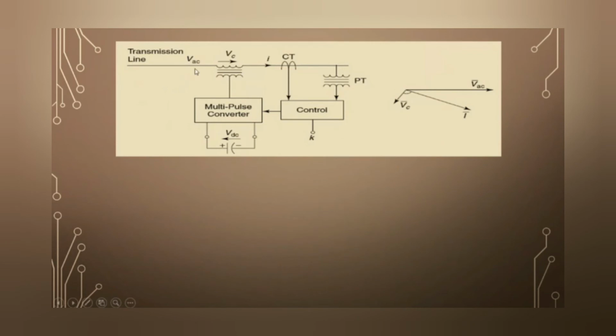So this is the simple control diagram. The TCSC injects the voltage. Again, the current is measured according to the controller and the degree of compensation is provided. That signal is given to the multilevel converter, which changes the voltage magnitude and injects it into the transmission line. This is the closed loop control of a TCSC controller.